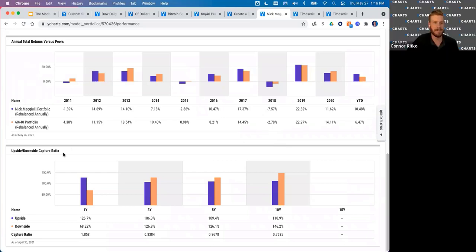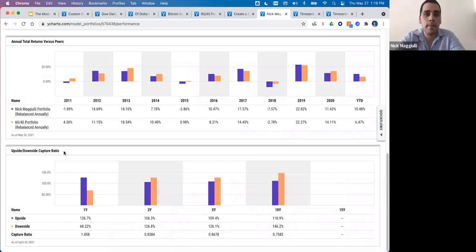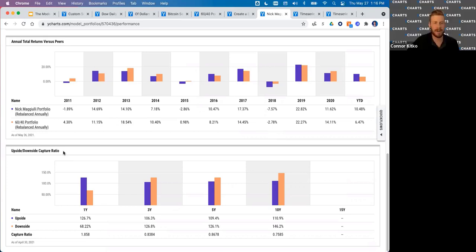Definitely. But that's the main stuff I use it for. Are we going to ask? I was just going to add some more functionality here with model portfolios, some upside downside capture. So Nick is benefiting from the upside of his investments and a little bit protected from the downside as well